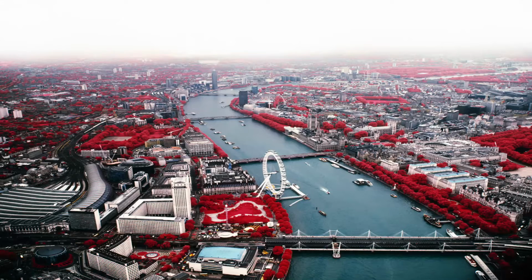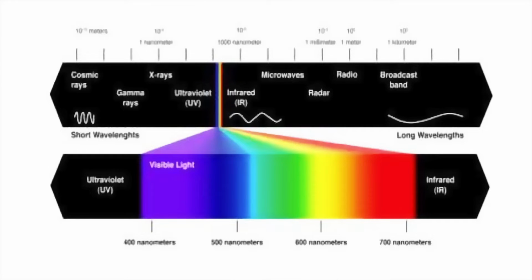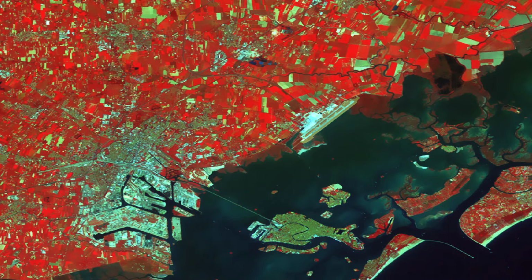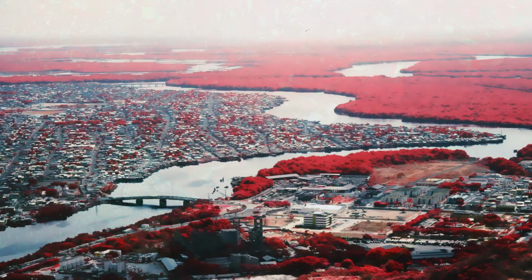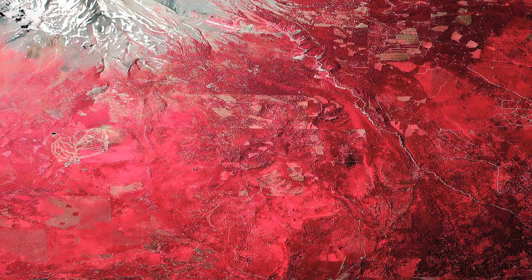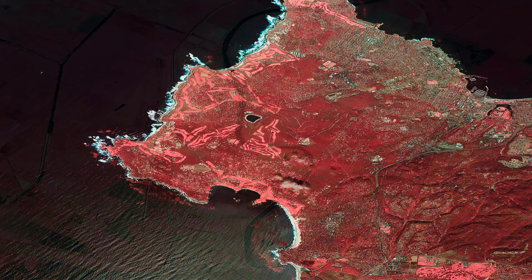Infrared film. Current aerial infrared film is offered as two types, black and white infrared and colored infrared. Black and white infrared has emulsion sensitivity to green, red and parts of the near infrared portions of the spectrum and renders a grayscale image. Colored infrared. Colored infrared film is commonly termed false color. The multi-layer emulsion is sensitive to green, red and parts of the near infrared portions of the spectrum. A false color image contains red-pink hues in vegetative areas, with color depending upon the degree to which the photosynthetic process is active.